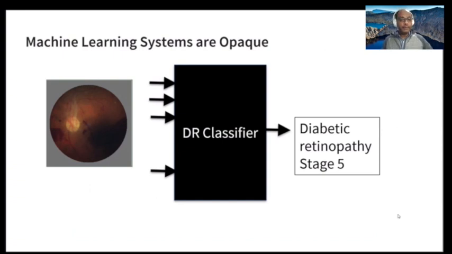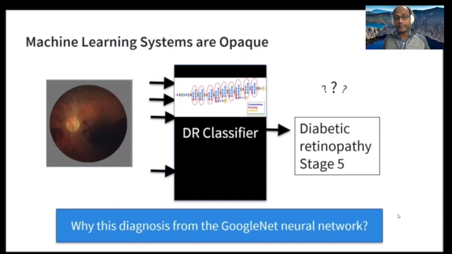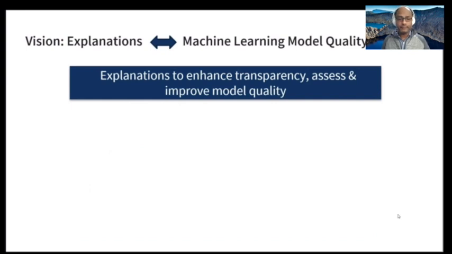If you want to take an example from healthcare, this is an example where a deep neural network, let's say the Google Inception Net, is processing medical images of the eye in this case, and it comes up with a prediction that this image indicates that the individual, the patient, suffers from a severe form of diabetic retinopathy. It raises a very similar question. Why did the model come up with this diagnosis? And this kind of explanation serves as a way to enhance transparency in machine learning models and to build trust in them. But perhaps even more importantly, they can serve as a foundation to assess and improve the quality of